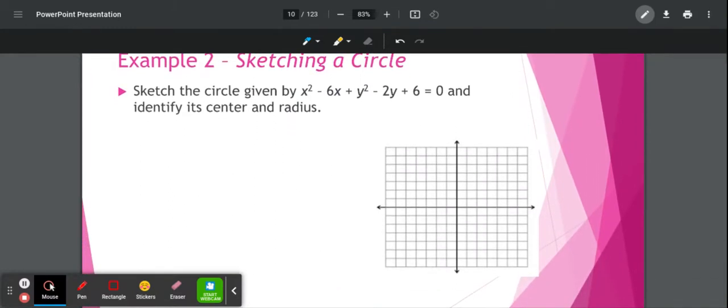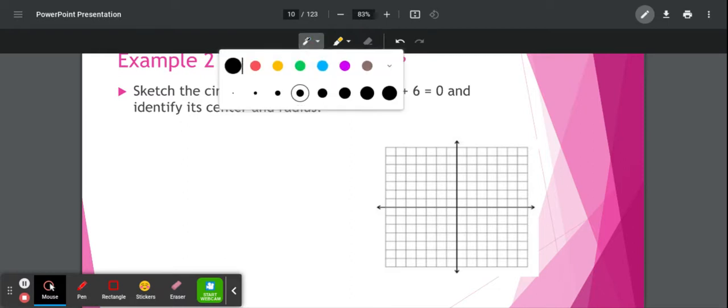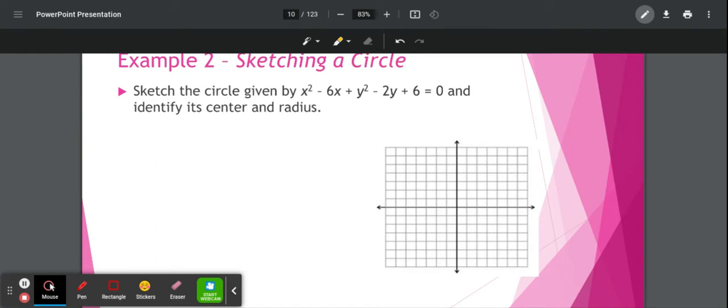Now, in order to sketch the circle, we need to know the radius and the center of the circle. So right now, this equation is given to us in that whole big form, and we need to get it into standard form. So the way we're going to do that is we're going to have to complete the square. So first we start by getting all of our x's grouped together. So we're going to have x squared minus 6x,